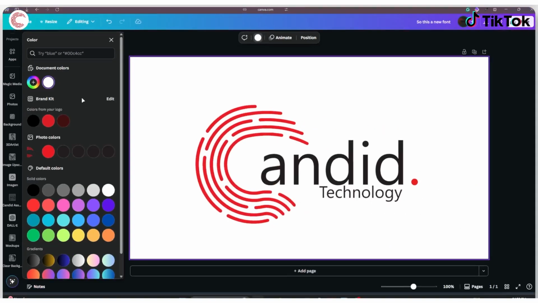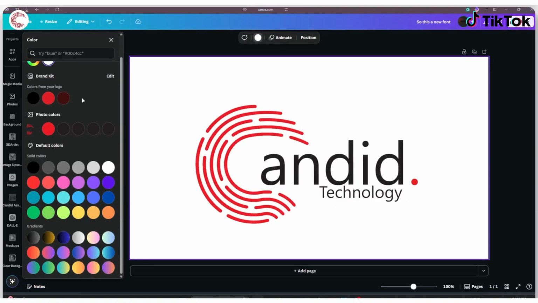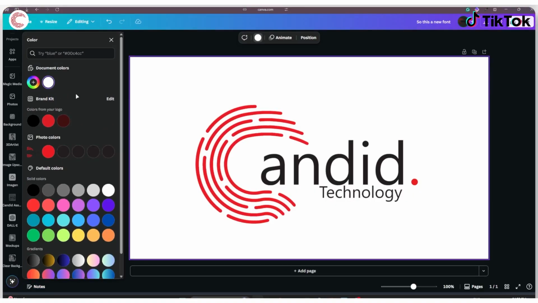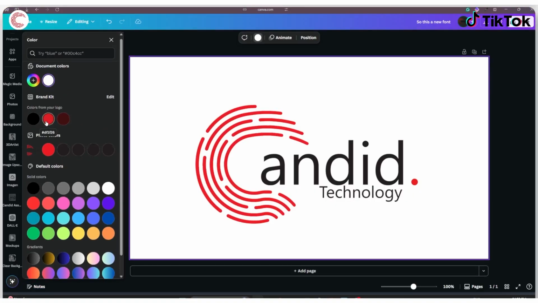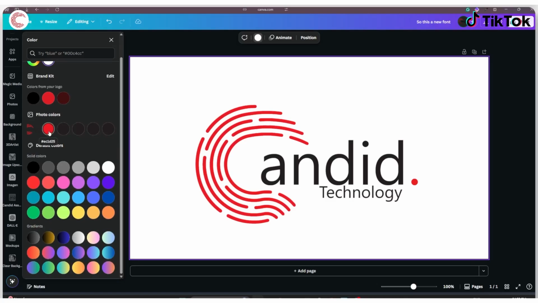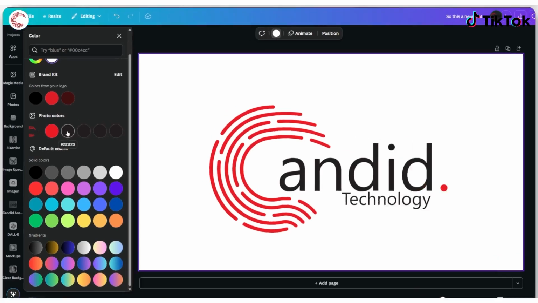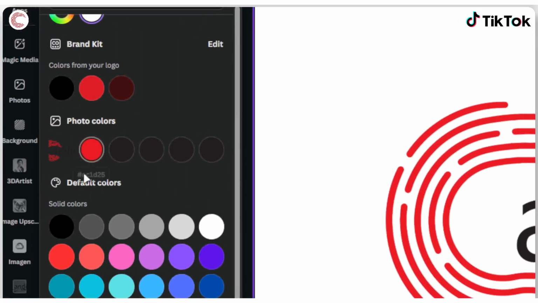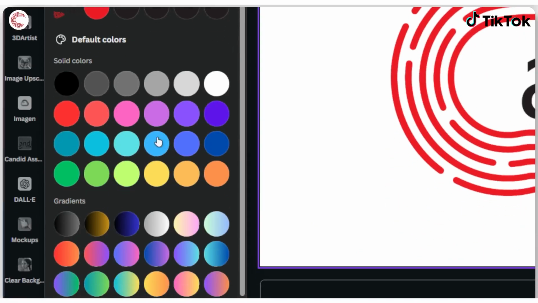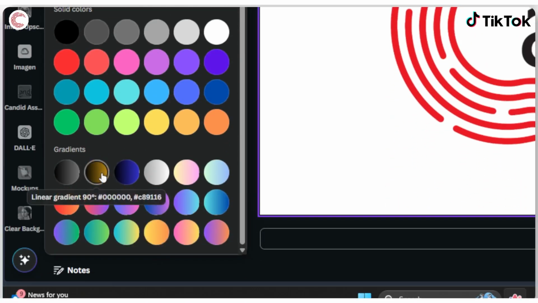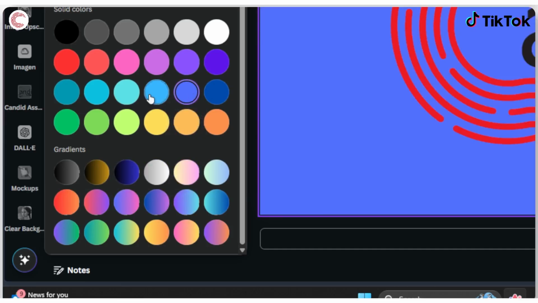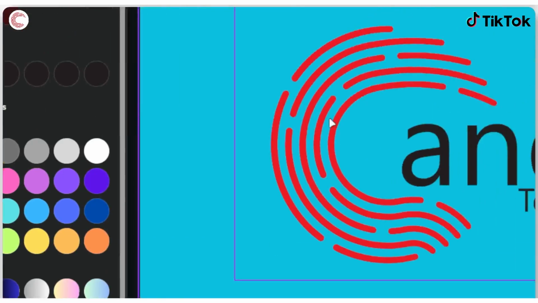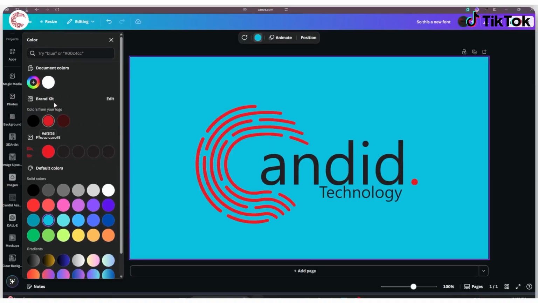Once your background is selected, go ahead and click on this background color option right here. Now, this will open up the colors panel where you can go ahead and choose from a bunch of different colors. So you can choose colors from your brand kit, you can choose colors from any photos or elements that are on the current canvas, and then of course you have the option of choosing from solid colors and then a few gradients. So I can have a bunch of different gradients on here. I can have a static color if that's what I like,